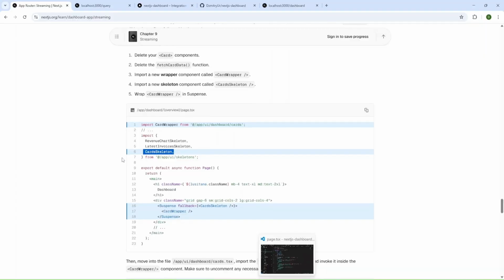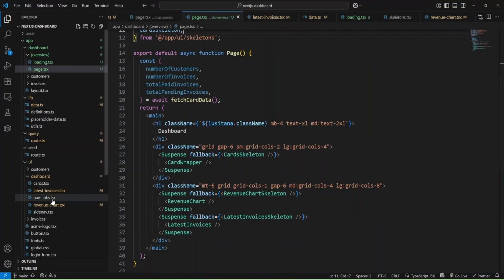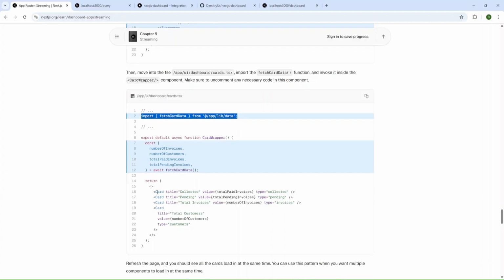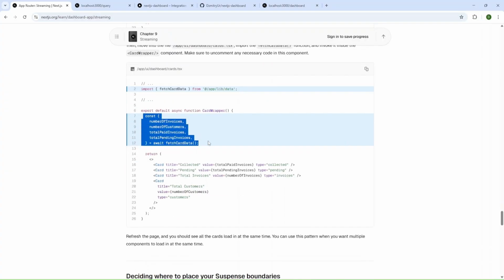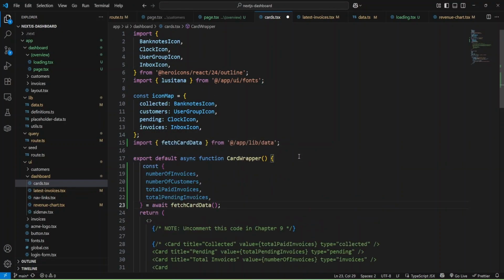Okay, and let's move on, and inside dashboard cards we need to import this card data, dashboard cards, page card data, and call this function inside card wrapper.